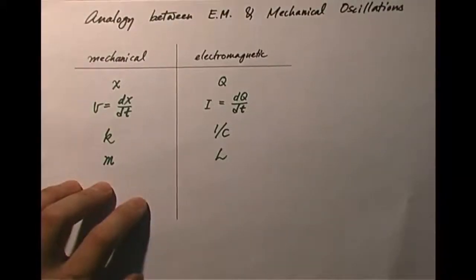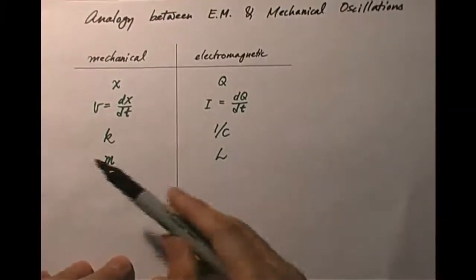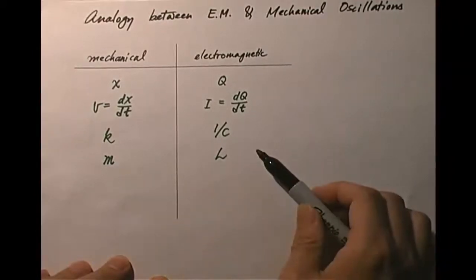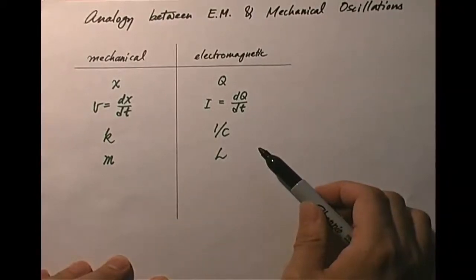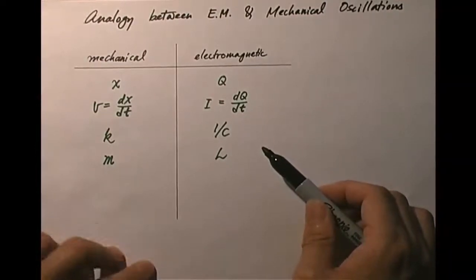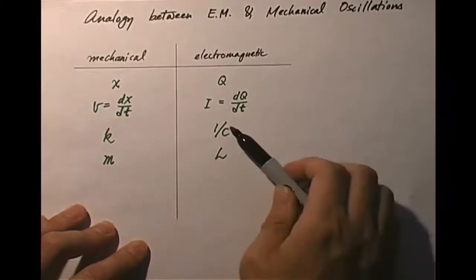Okay, once we establish the correspondence between the electromagnetic case and mechanical case, we can easily write the equations of solutions we already know for the mechanical case, and then we can translate it to the case of electromagnetic oscillation. We're going to do that in just a minute. But before we do that, let's take a closer look at how K and M translate to the electromagnetic